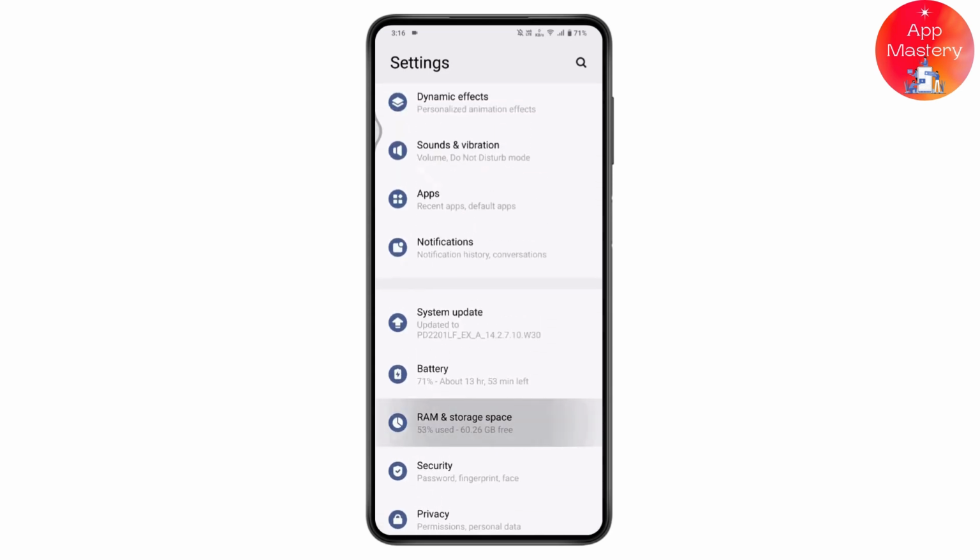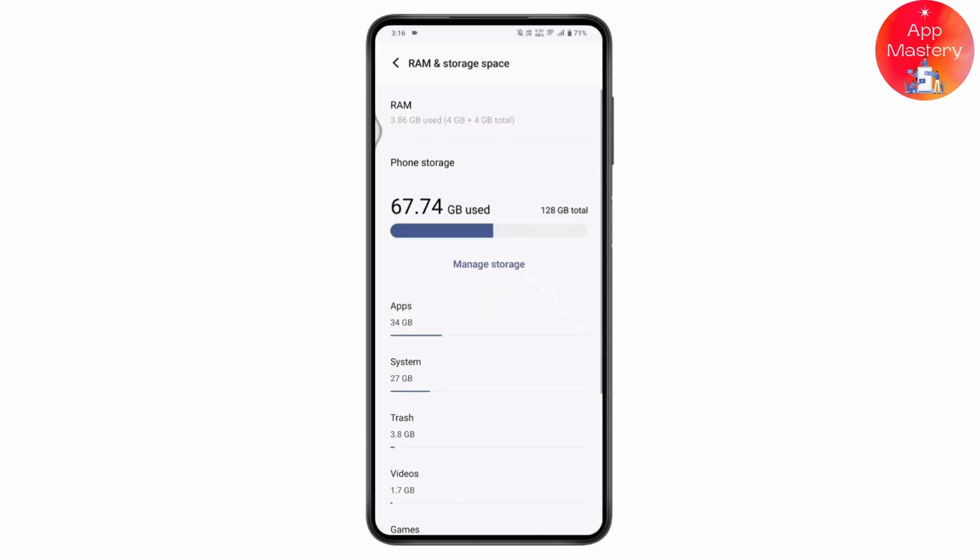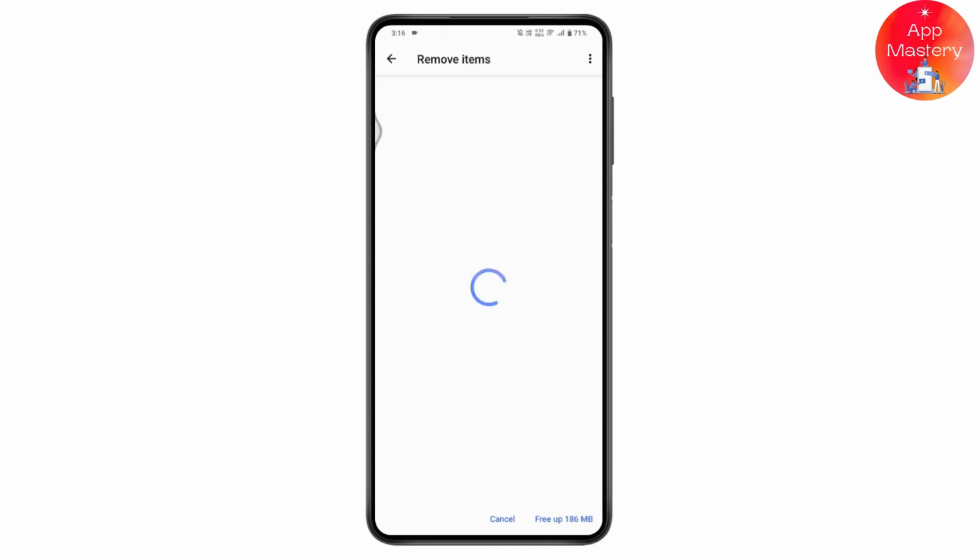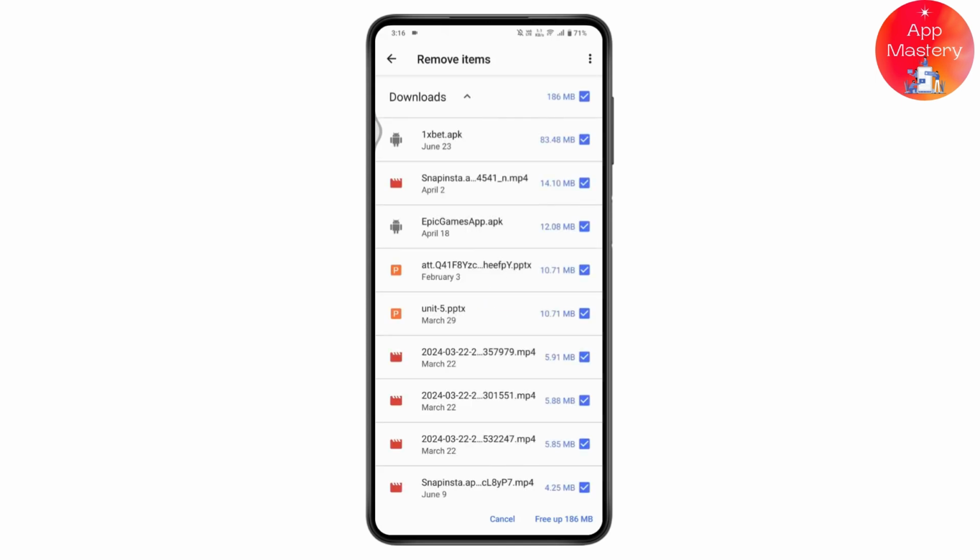You will have RAM and storage space. Tap on that, and then you need to go for manage storage. Make sure that your storage is not full, because if your storage is full, then you won't be able to open any applications or simply do anything on your mobile device. So check your storage, and if it's not full, then you just need to